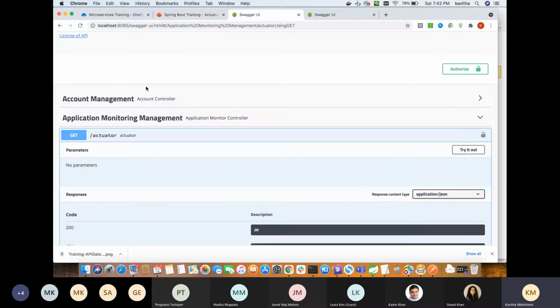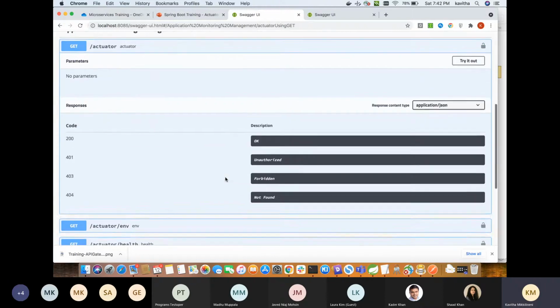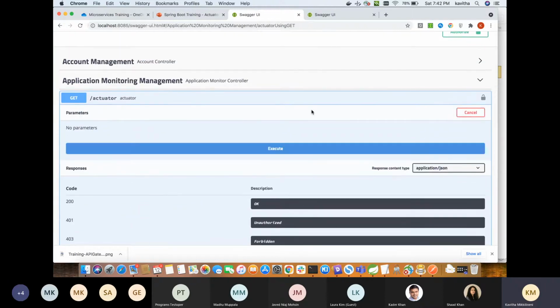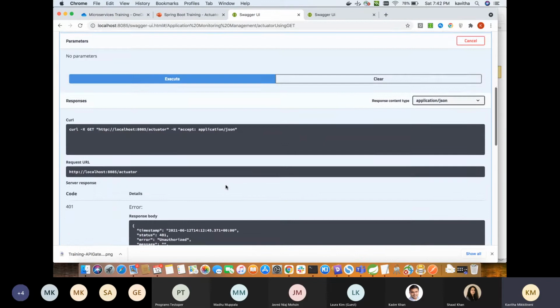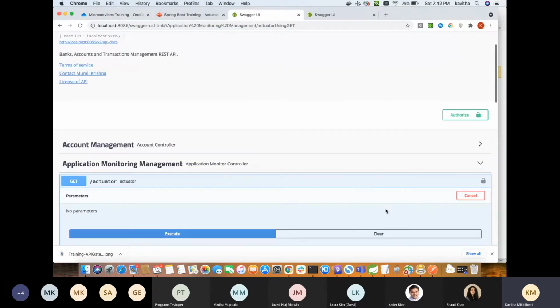So if we see here, this Swagger UI for the banking application, the bank service application, which we built last week, we will have the slash actuator as one of the endpoints. The moment we try this out, we'll see that the authorization has expired. One second.